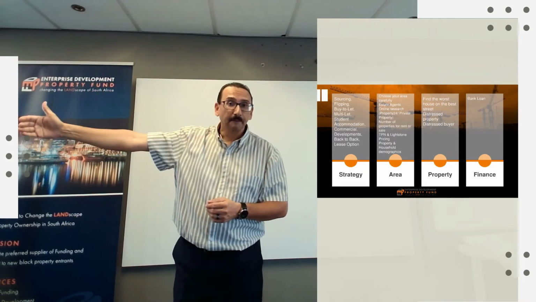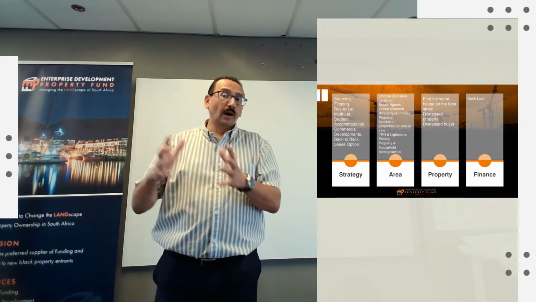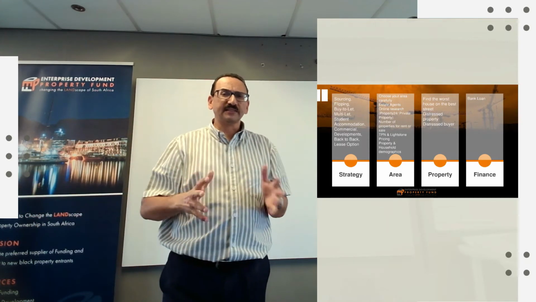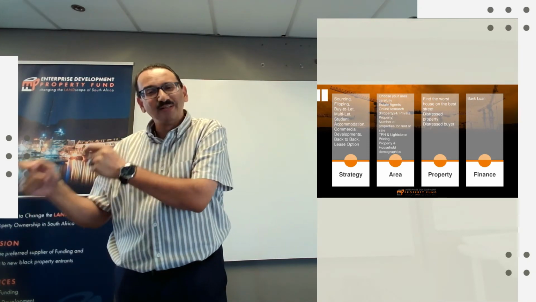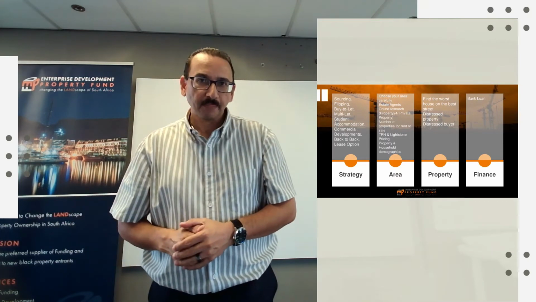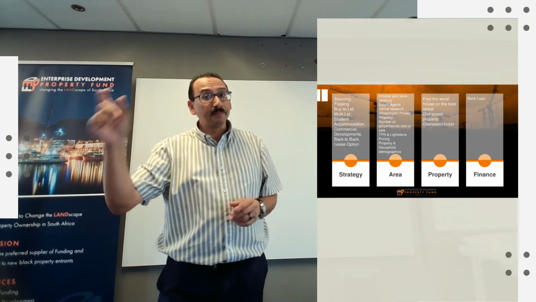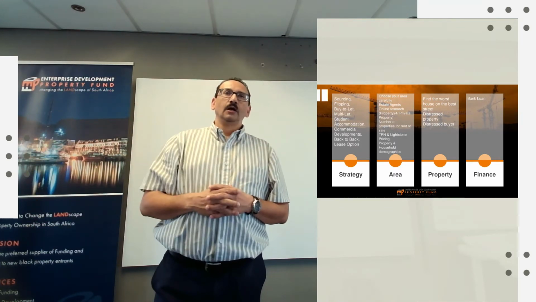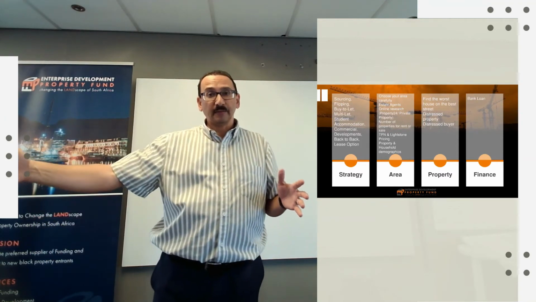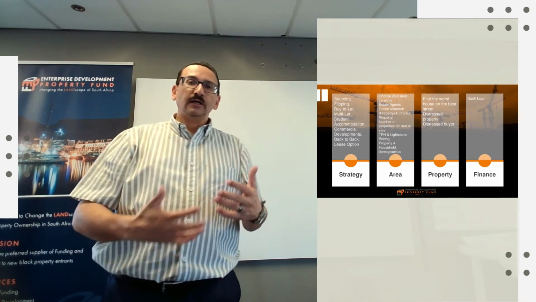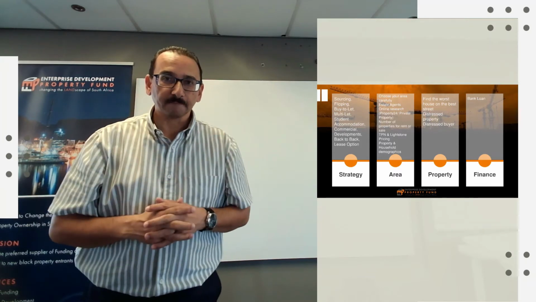110% because you're a first-time buyer, for example. What they normally do, why they want to give you 110%, is because normally first-time buyers cannot afford and don't know about the fact that they have to cover the costs, the legal costs, the transfer duty, etc. So they normally, on first-time buyers, will give you up to 110%. That 10% then covers all the costs. Sometimes, even if you're not a first-time buyer, the bank will give you 110% because you've built up a good reputation with the bank and your creditworthiness is in a very good state.